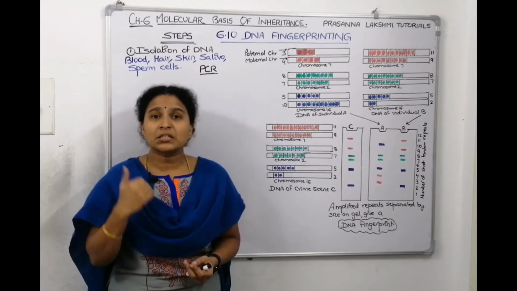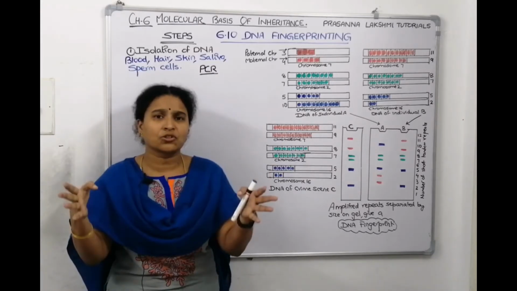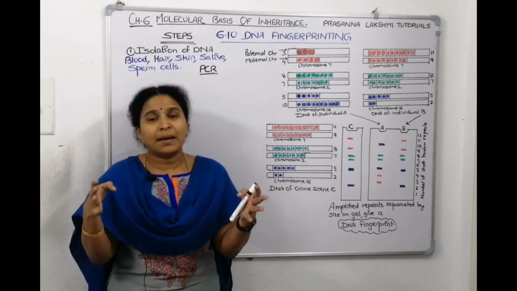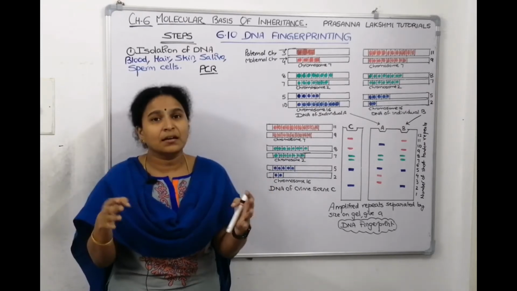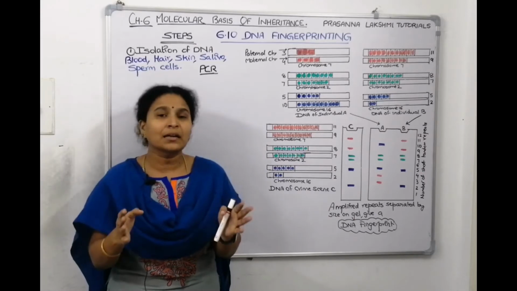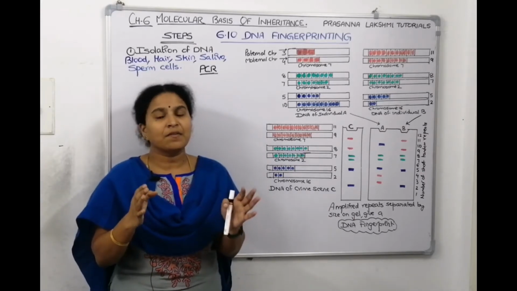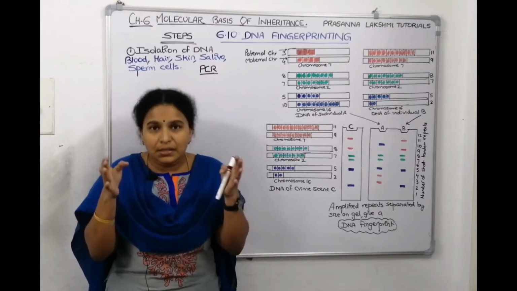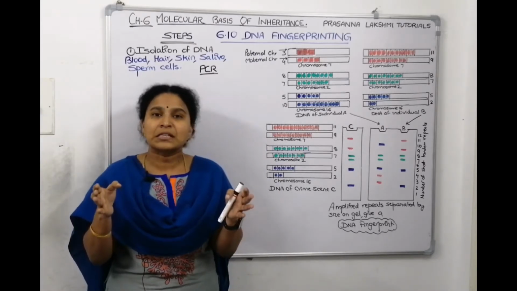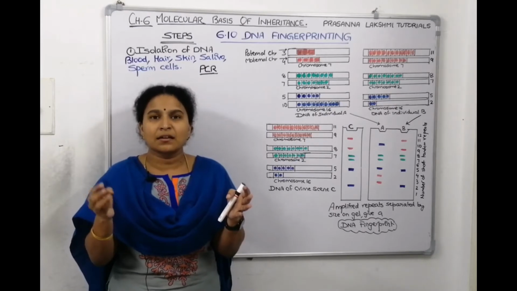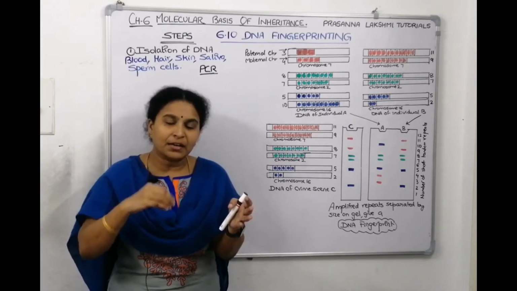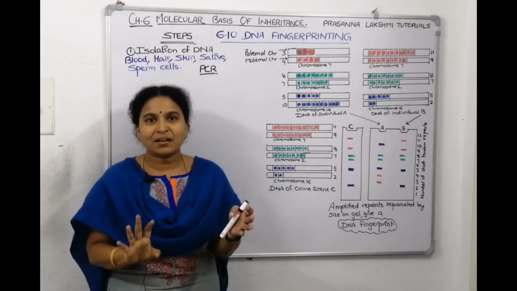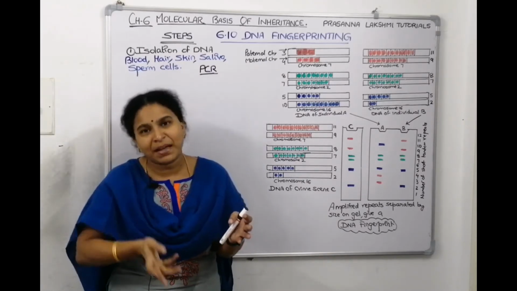Now PCR means it's a polymerase chain reaction. It's an instrument. The name of the instrument is called thermal cycler. As I told you, I'm not discussing PCR completely here. I'm just giving you a briefing about that. This PCR technique in detail we will discuss in chapter number 11, biotechnology. There's a machine called thermal cycler. In that thermal cycler, if you give the DNA, it will amplify and it will give you back. How many times you want, those many times it can amplify. Means it is polymerizing your DNA, it is multiplying your DNA.